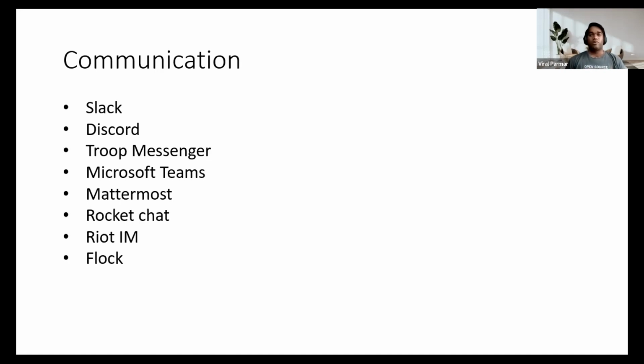And Discord is very famous with tech communities and tech people. A lot of people use Discord if you want to have a community, right? If you have a lot of people who are interacting with you. Even a lot of companies are using Discord as a support channel as well. So you can also try to use it. Discord is very easy to use and very easy to set up.